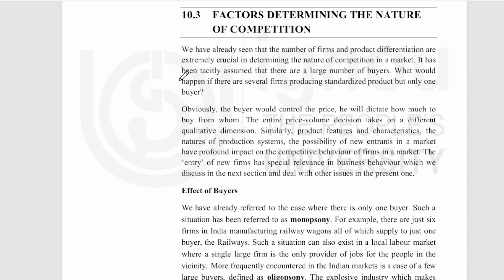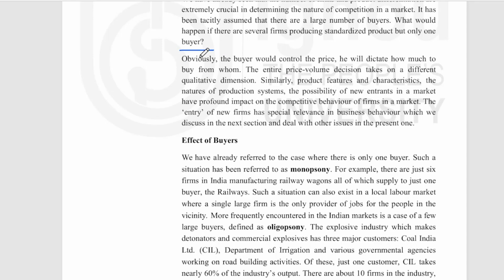So it has been tacitly assumed that there are a large number of buyers. What would happen if there are several firms producing a standardized product but only one buyer? Obviously, the buyer would control the price. He will dictate how much to buy from whom, and the entire price-volume decision takes on a different qualitative